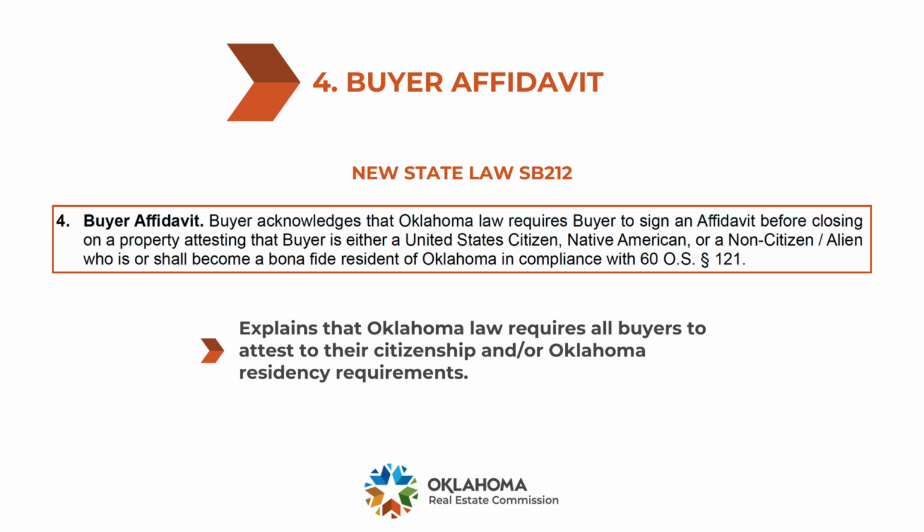You may have heard about this. This provision explains that Oklahoma law requires all buyers to sign an affidavit at closing, attesting that they are either a U.S. citizen, a Native American, or a non-citizen who is or shall become a bona fide resident of Oklahoma. And we added this to the buyer's broker agreement for brokers to remember to discuss this up front, just to make sure that you're helping your buyers ensure that they meet the requirements and that they're willing to sign that